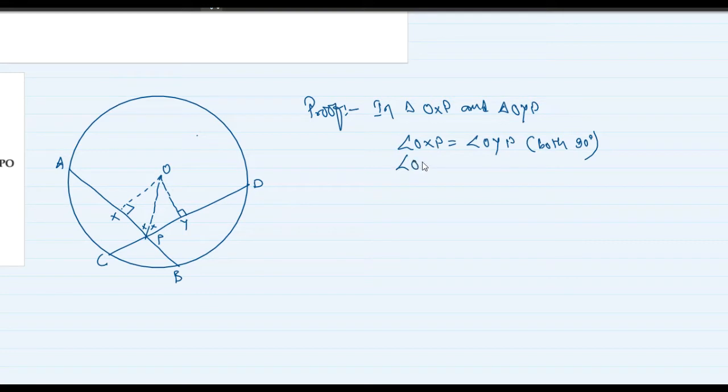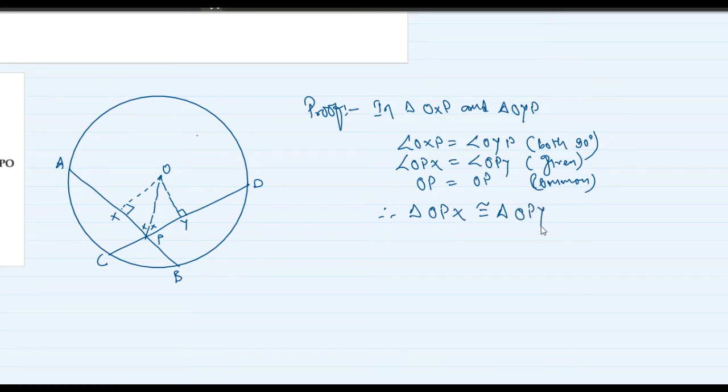Angle OPX is equal to angle OPY, given. It's given that OP bisects angle APD, and OP is equal to OP, common. Therefore, triangle OPX is congruent to triangle OPY